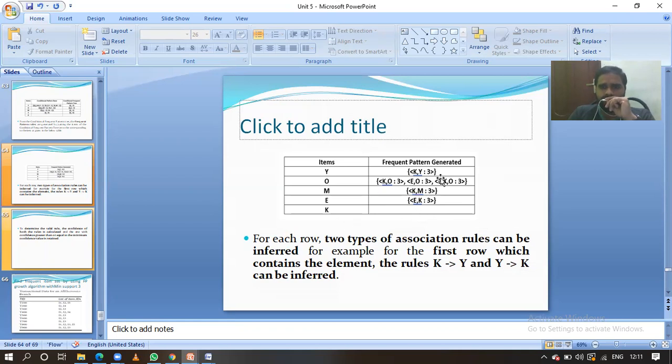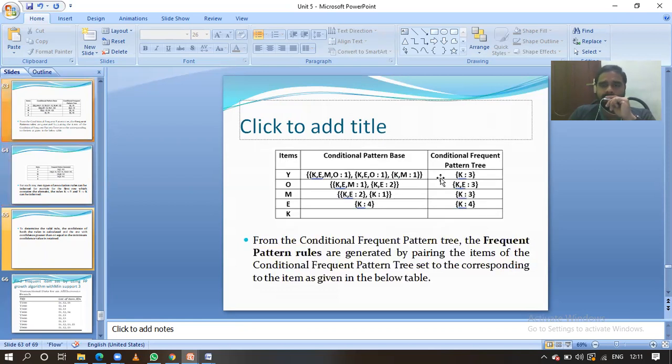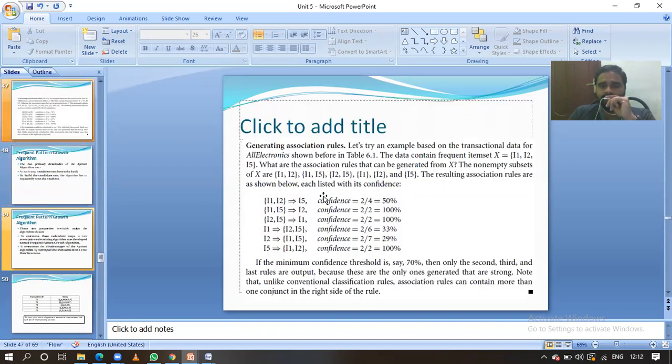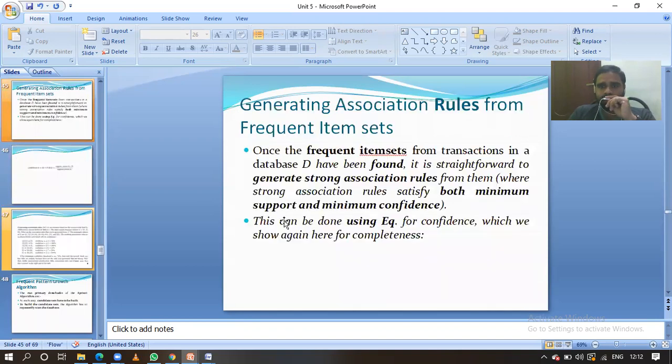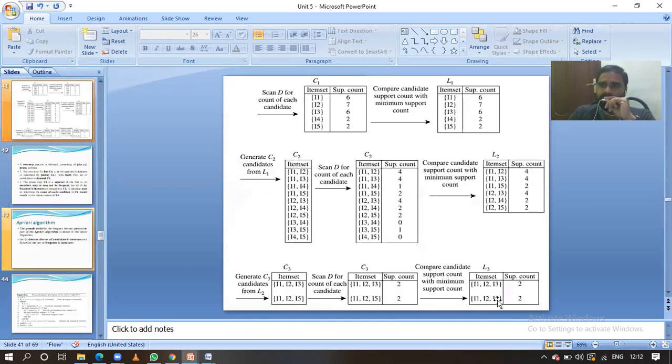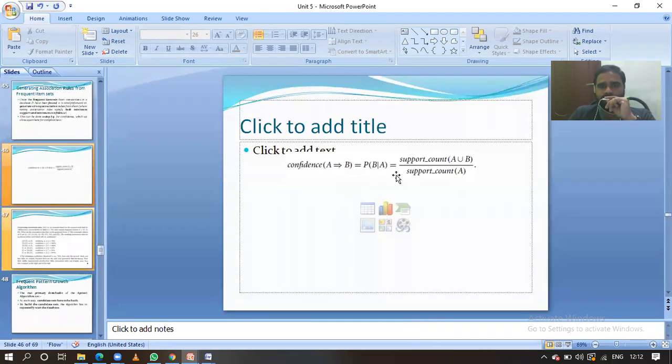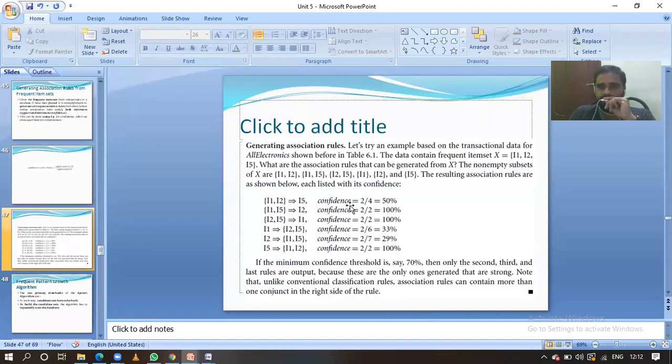Understand guys? From this one we have to generate the different association rules. I have already explained earlier how to generate association rules, you have seen it. After the Apriori algorithm is done, we generate the association rules. For I1 I2 I5, I explained how to generate the association rules. This is the process. By using the conditional confidence we generated the different rules. We calculated the confidence percentages. The minimum confidence given here is 70%. The rules that obey it, we take as association rules.